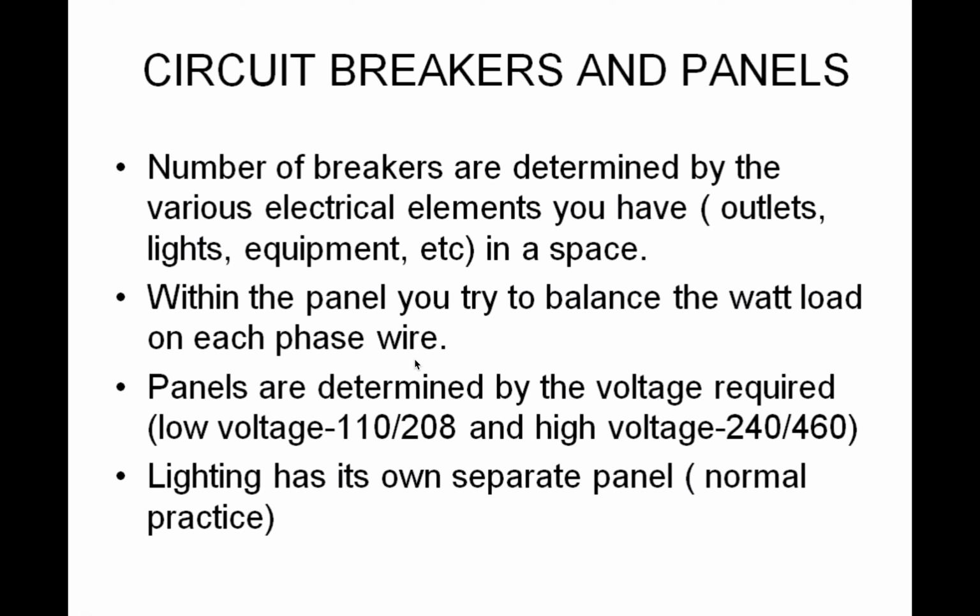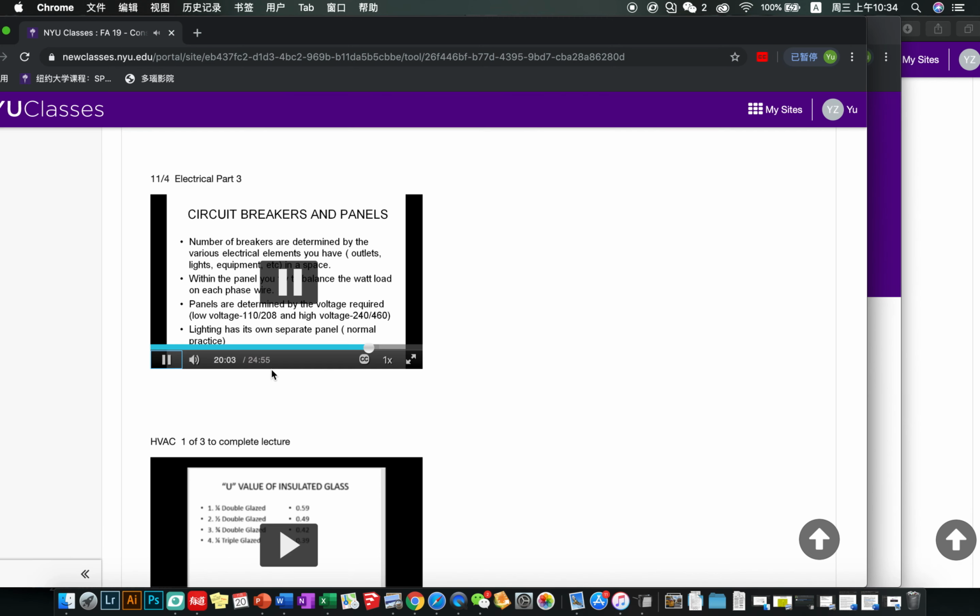Within the panel, like I said, we have 3 phases. So you want to make your connections so that you're not overloading one particular phased wire with more stuff than the other 2. So you try to distribute it. The example was street lighting, on like Madison Avenue or Fifth Avenue. If they're using 3-phase AC power all the way up the avenue, and one particular phase is overloaded,